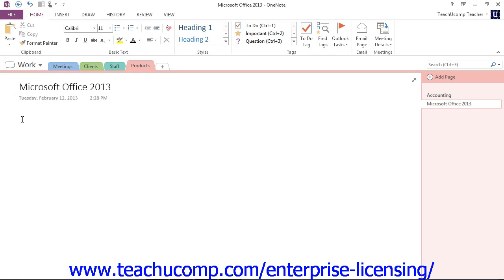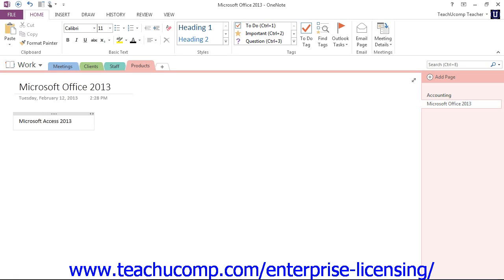Now, the most basic and common type of information that can be entered into a container is text. You can enter text by typing it directly into the container or by pasting it from a different source. As you type, OneNote will automatically grow the container vertically to accommodate the information. Let's go ahead and take a look at this. I'll just start typing this out, and you'll see that as I'm typing, the note container is expanding out to